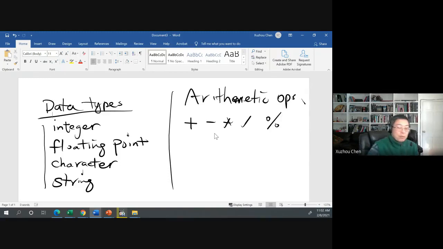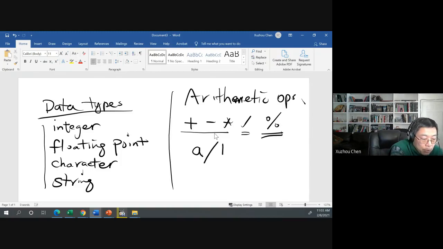Most of these are plus, minus, multiplication, division, and the modular operation. This is probably a bit strange for some people, but modular is pretty much the same as division for the integer types, except the modular operation gives you the remainder. Addition, subtraction, and multiplication have no issue. But for division, you must be careful, because it depends on what the operands are. So if you try to divide two integers,